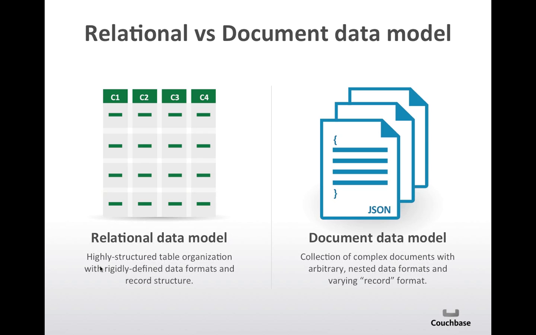Whereas the document data model, that is what we use inside Couchbase, has been able to create very complex data sets if you want, but with documents that you can deal with any type of schema or format. You can have in the same document multiple information like a product, the comments on this product, the tags that you will have. You can put that in a single document.